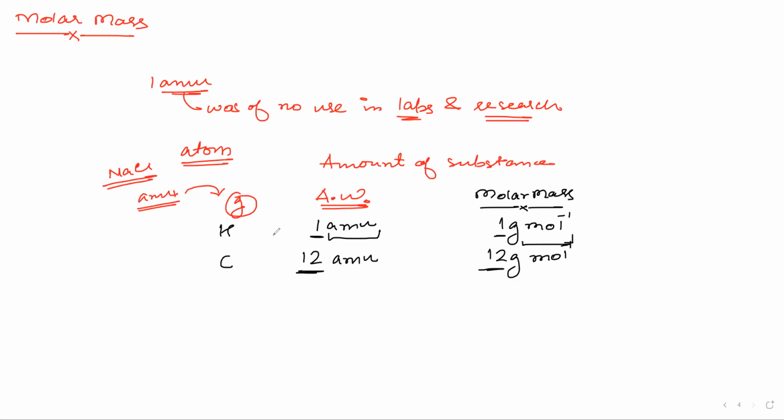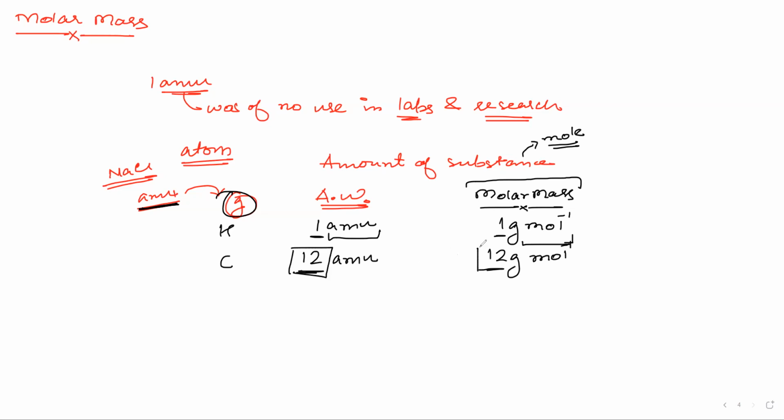Okay, easy. Now, why exactly did they change the unit again? Because we cannot measure in AMUs. Whatever balancing machine and measuring machines that we have, they will measure only in grams. So they have to specify a standard amount of substance, and the mass of that standard amount of substance was called as mole. They didn't know how many atoms are there in a mole. So they said that, okay, fine, we will fix the mass of that mole and then we will calculate the atoms.